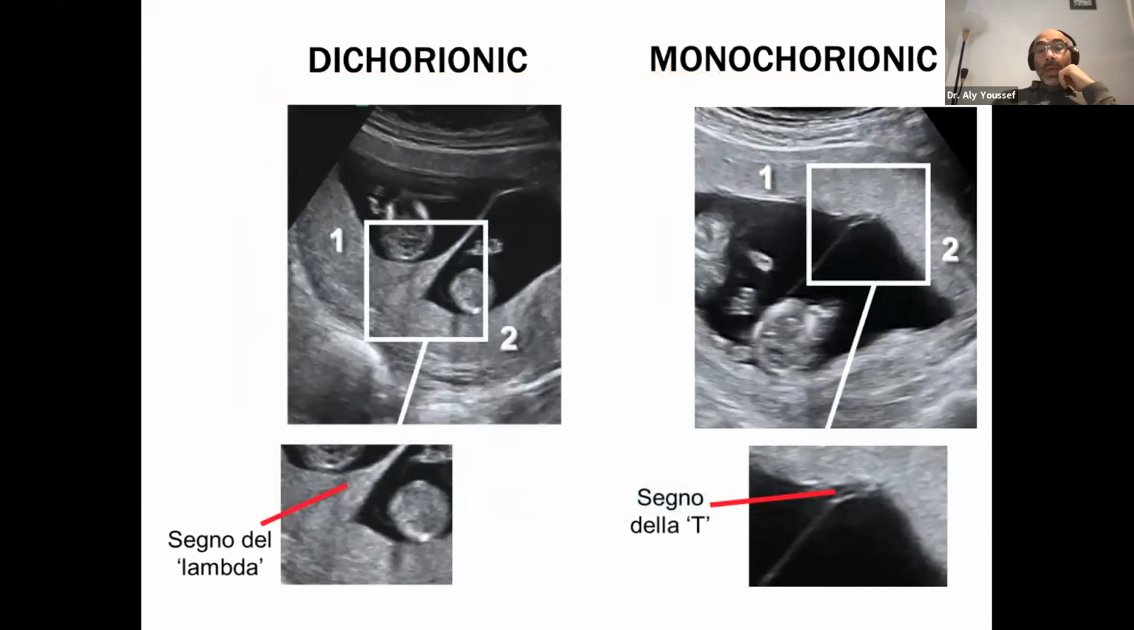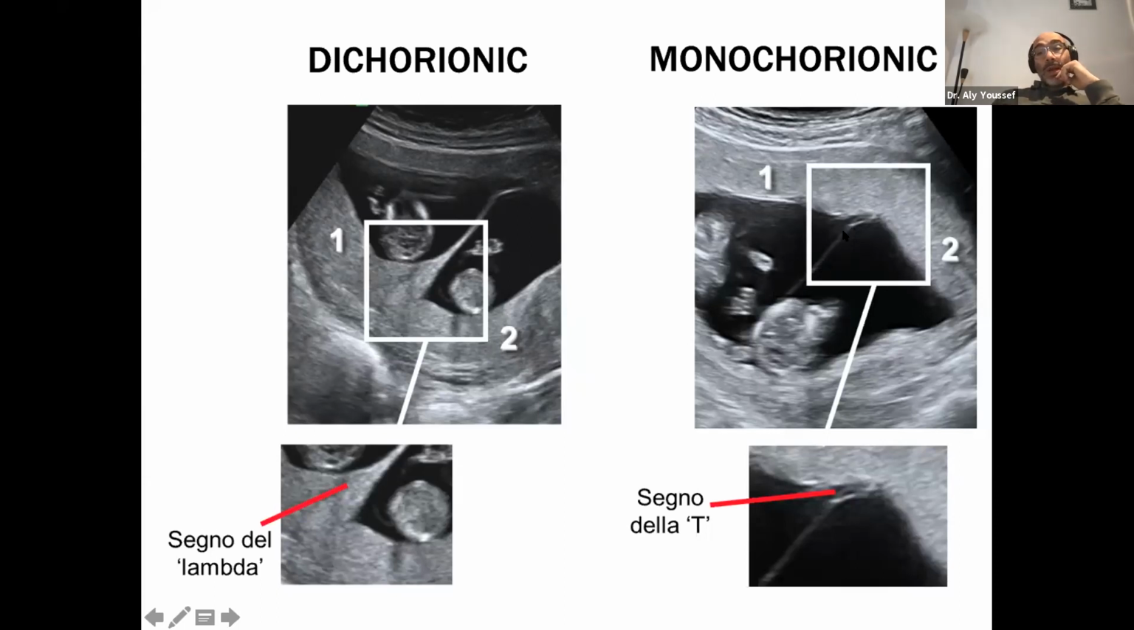Okay? A little bit later we can confirm the chorionicity by the presence or absence of the lambda sign. So we have this triangular shape of the lambda, like the letter Y, filled with hyperechogenic material, which is the trophoblast. So this is diagnostic of a dichorionic pregnancy, whereas in case of a monochorionic diamniotic pregnancy, we do